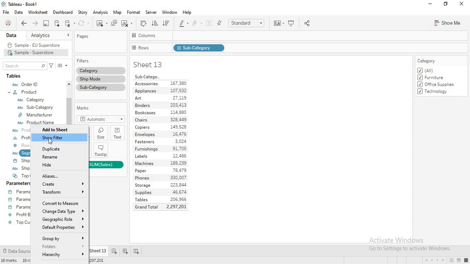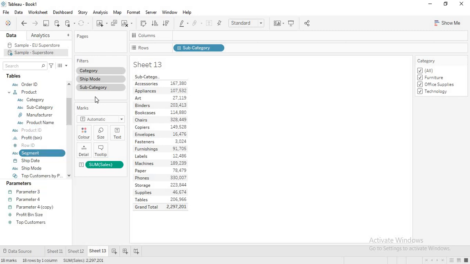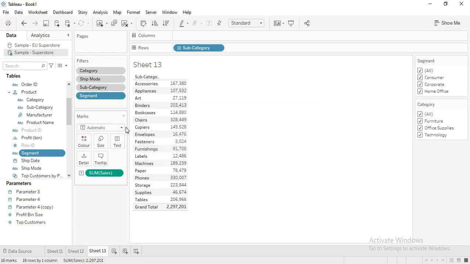Now when I add segment, this is not context, right? So see, there is no documented proof of what I am saying, but this is from my experience alone. And I tried to read between the lines of what is present in the Tableau documentation. So at some point I might be wrong, but this is what I understood.